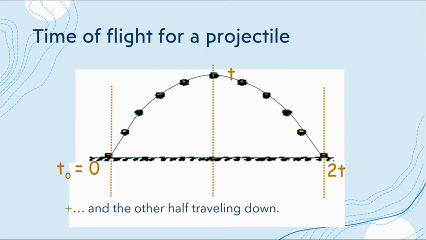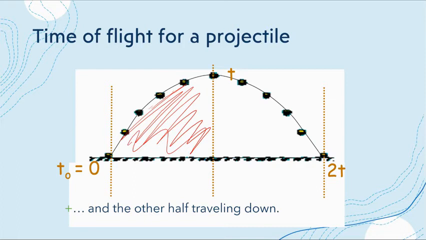you can find the total time of the entire projectile based on the fact that your v initial y is equal to your v final y, but in the opposite direction. And also your change in y there is going to be equivalent to 0. So in this graph, you would find half of the time and then multiply it by 2. Another thing that you could use is that your v final y equals v initial y plus 2